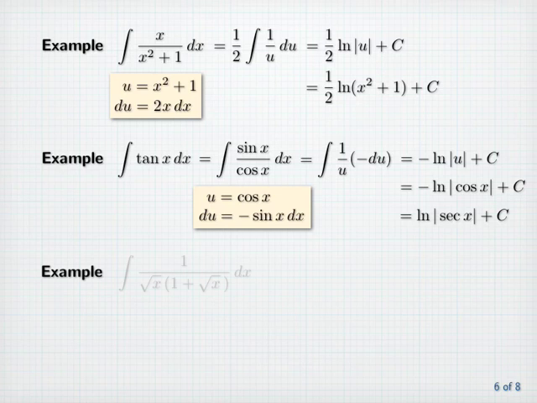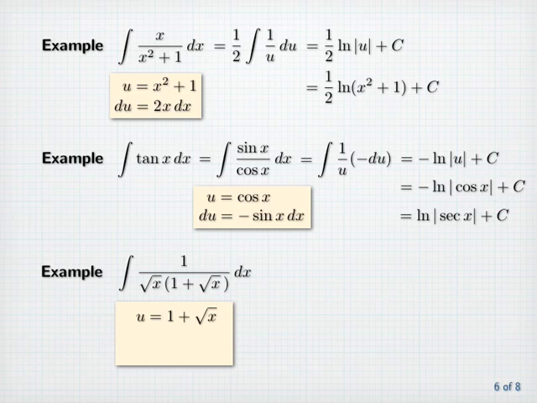Another example. The integral of 1 over the square root of x times 1 plus the square root of x dx. Here we'll make the substitution u equals 1 plus the square root of x, which means that du will be 1 over 2 times the square root of x times dx. Fortunately, we have the extra square root of x in our denominator, and in fact 1 over the square root of x dx is equal to 2 du, so our integral now is that of 1 over u times 2 du,